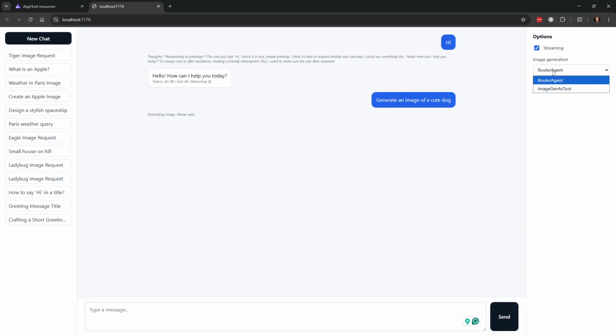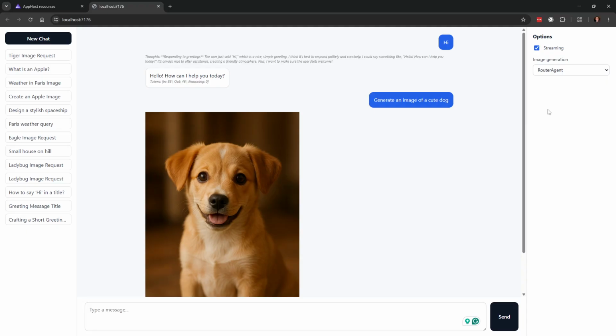So I built in an option where we can switch between these two, and we're going to go through the router agent first, because it's probably the one you would do, but the other one has some neat features as well, and actually also a bug I found in Agent Framework that I need to create. But we got a cute dog. That's nice.